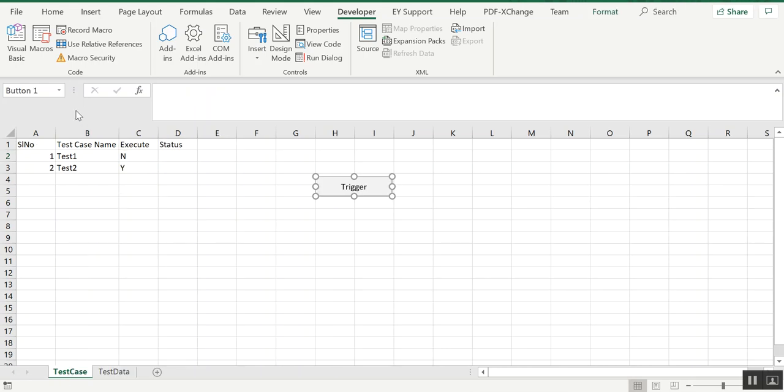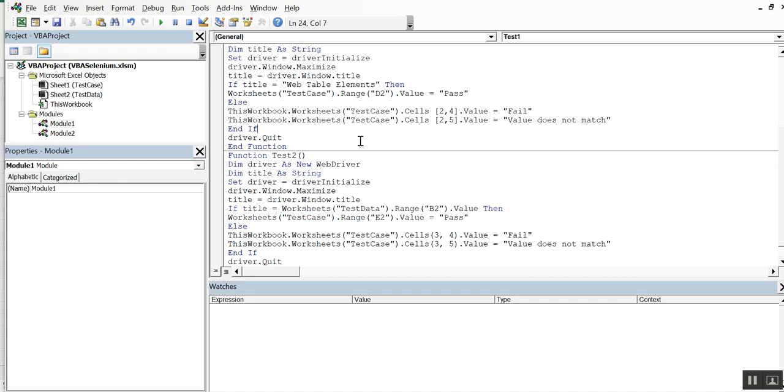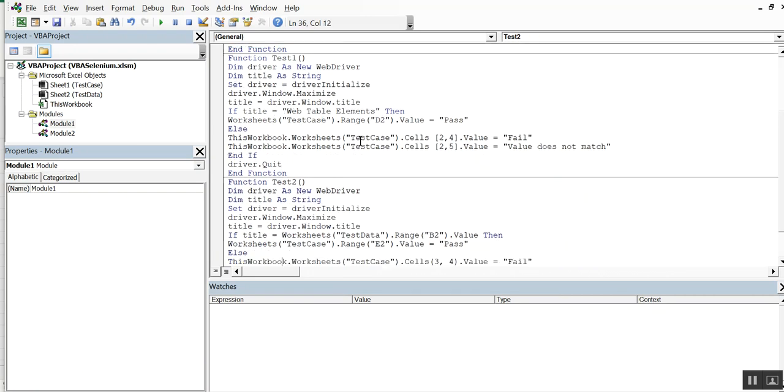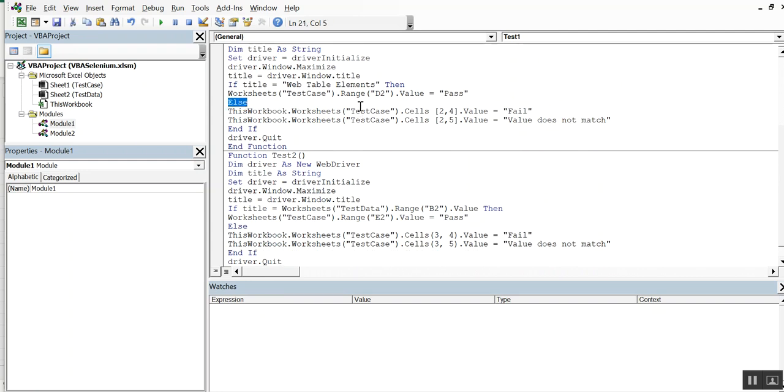So that's pretty much about the setup that I have. The setup is similar to what we do in an actual IDE. But the good thing is, you can take the data directly from the Excel. And one more thing is, if you want to write the logs and all those things, then also you can make use of the existing sheets. You can take one sheet, rename it as test one logs, and you can start writing the value back to that Excel rows and columns. So it will be very easy for you guys. You don't need any third-party tool or something. By that way, you can just transfer the logs from the test case into the sheets.